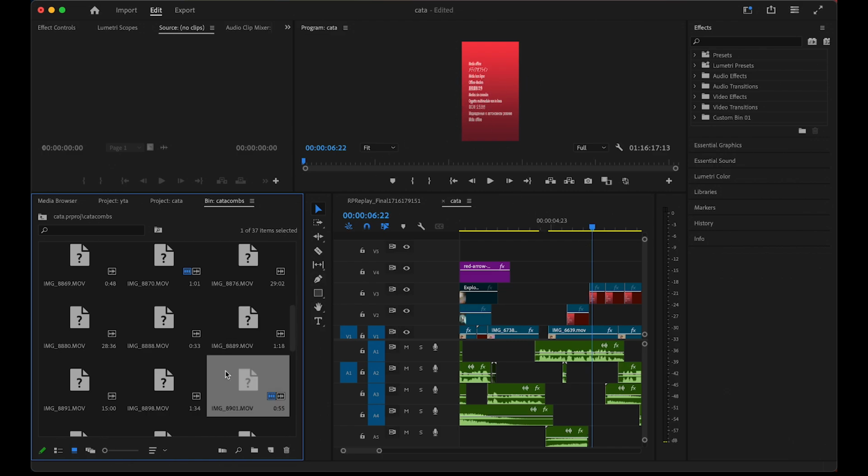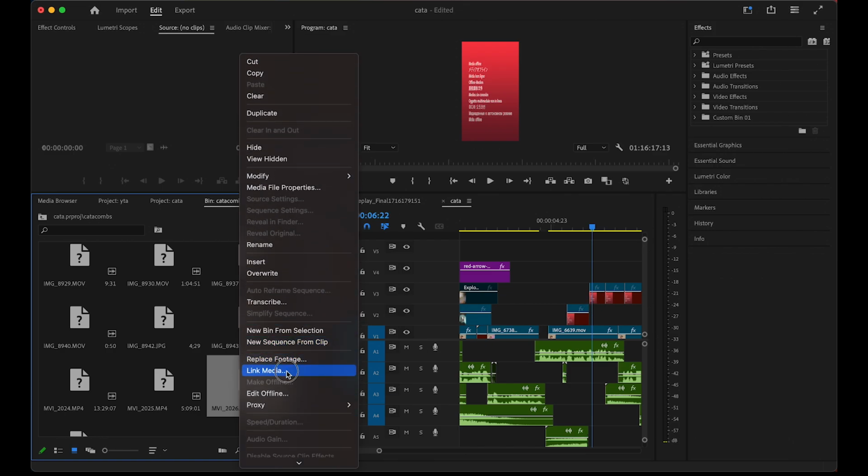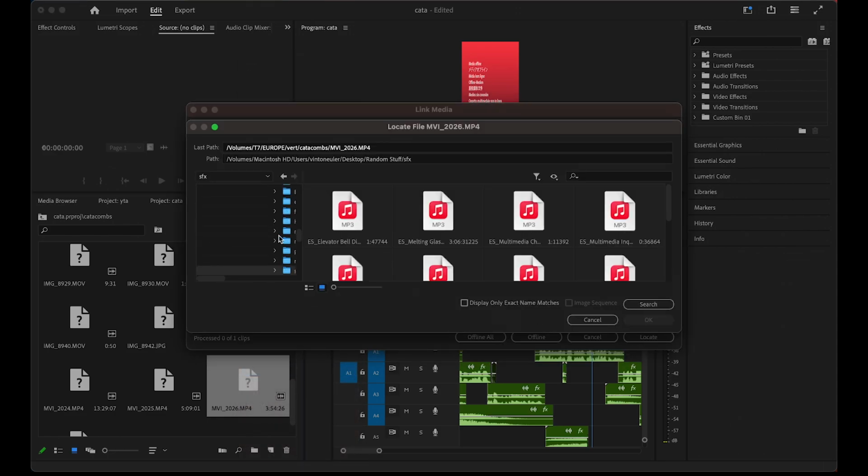So what you want to do to actually fix this is you simply want to select just one of them, right click on it. You can do right click on one of these that are on the timeline as well, and simply click on link media. When you click on this, you can simply click on locate media, and it will actually search your entire computer for a file with the exact same name, which is the name right here. This is the name of the previous file, and it'll search for that exact file name just anywhere in your